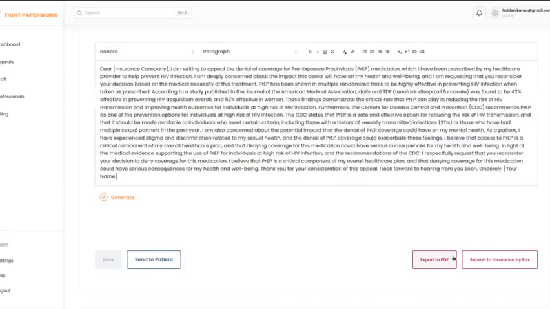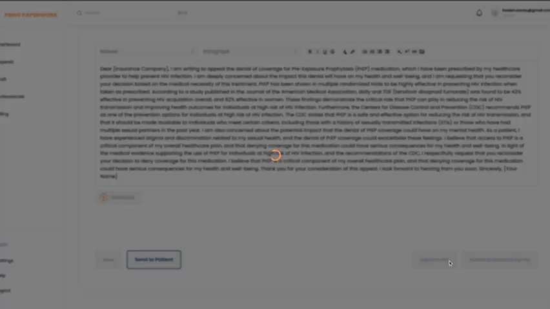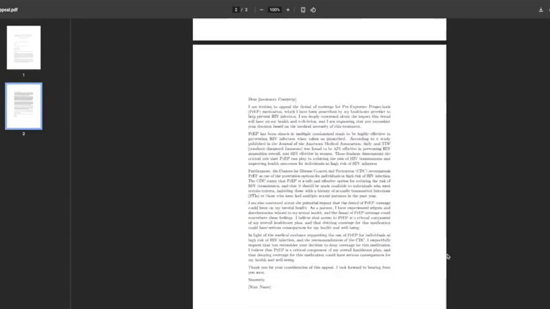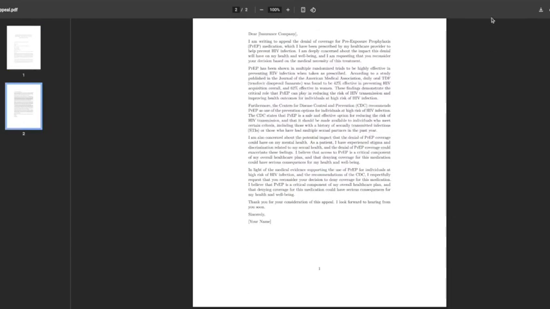But that's okay. We can go ahead and export it as a PDF, and we can copy and paste this into another thing if we want to. We can do whatever it is we need to do to submit it. And we can also just copy and paste the text if that's easier. PDF is optional. And then on that previous page,